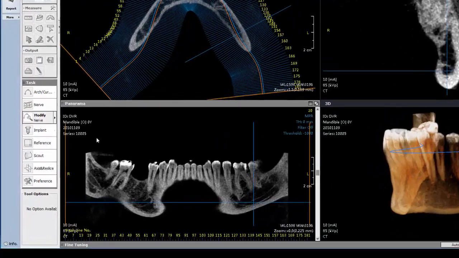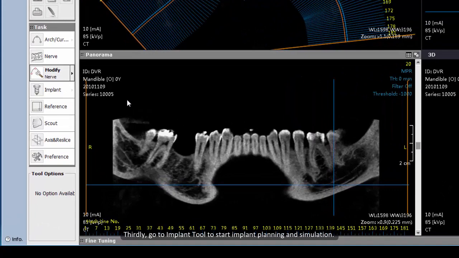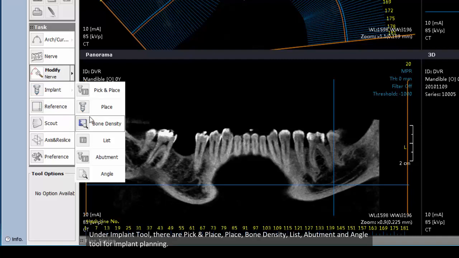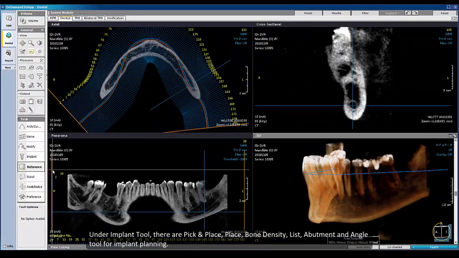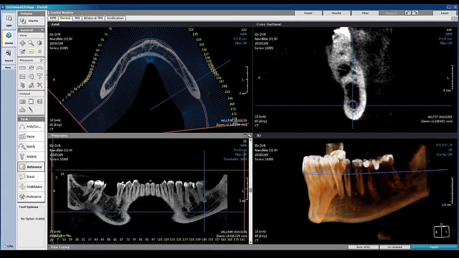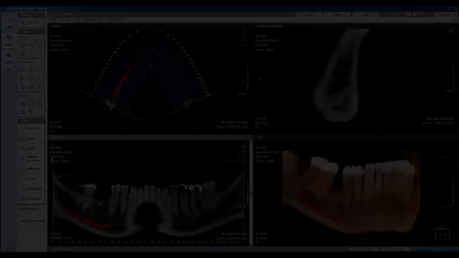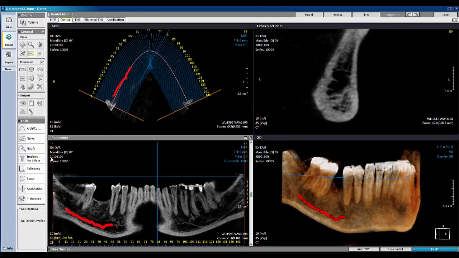Thirdly, go to the Implant tool to start implant planning and simulation. Under the Implant tool, there are Pick and Place, Bone Density, Lease, Abutment, and Angle tools for implant planning. Before an implant fixture is placed, we recommend you press Reference, where 2 blue reference lines will be shown in a cross-sectional pane. Then click the Pick and Place tool,